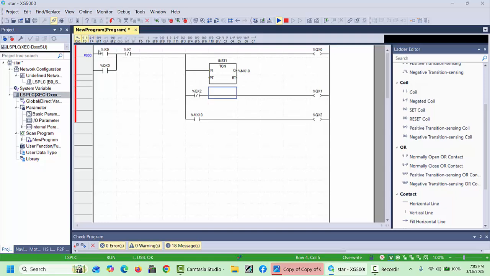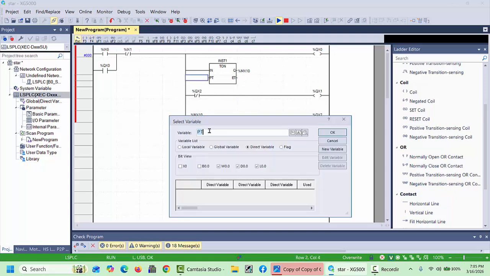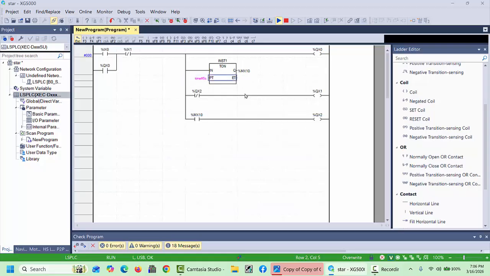And here we will fix the time for our timer. If you would like to take the set point from the HMI, you can put a data register. If you would like to put the time directly, you can put the time here. For an example, 5s, if you want 5 seconds, you can type 5 seconds. Okay,